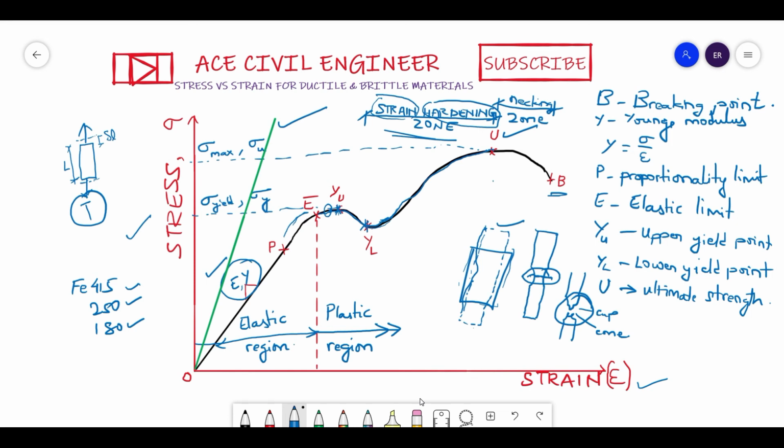And so as you keep increasing the stress, the strain is very less compared to what the stress you have increased. So with a very small amount of strain, you will see the stress capacity increasing, and suddenly it will break. So at this point it will tend to break all of a sudden.